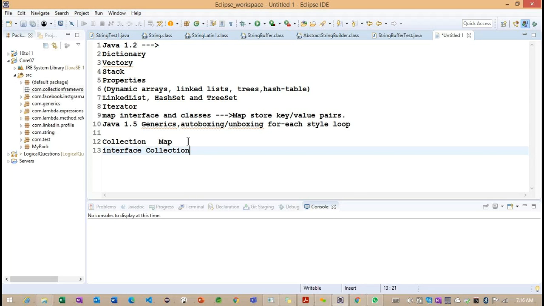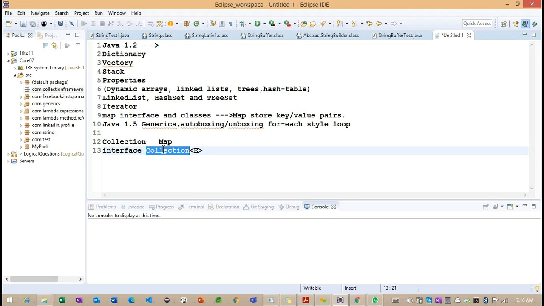This is the keyword interface, then collection, because we already discussed it is a generic interface. If it is a generic interface, we identify the type, so instead of type we provide the elements. The syntax is the keyword interface and the name of the interface, collection.